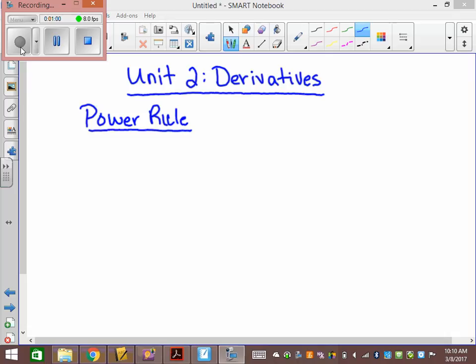This is easier. Okay, so the formula for power rule is if I give you d over dx of x to the n. Now what this means is if I find the derivative of x to the n, d over dx just represents the derivative. You're not going to do anything with the d over dx. It just means I'm finding the derivative of x to the n. What you do is